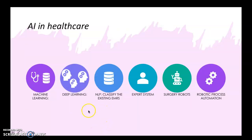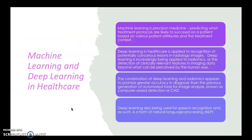So let's talk about AI in healthcare first. As we learned earlier about AI areas, we have machine learning, deep learning, natural language processing, expert systems, and robotics. They are all being applied in healthcare. For example, machine learning in healthcare is used to increase the precision of medicine. It's used to predict what treatment protocols are likely to be more successful for a patient based on the variety of the individual patient's